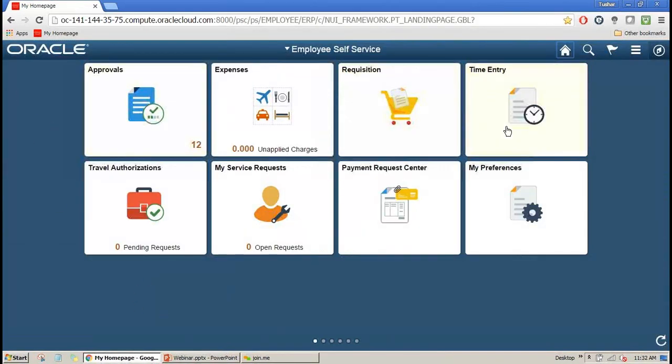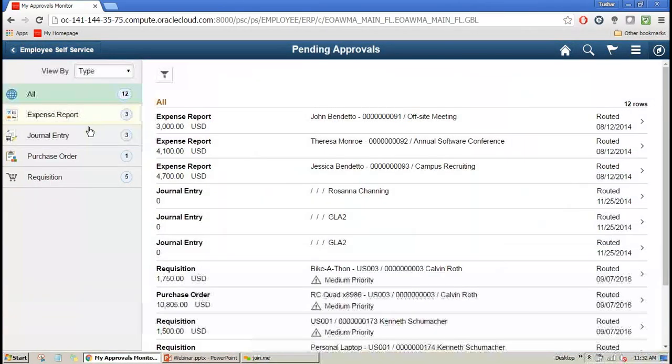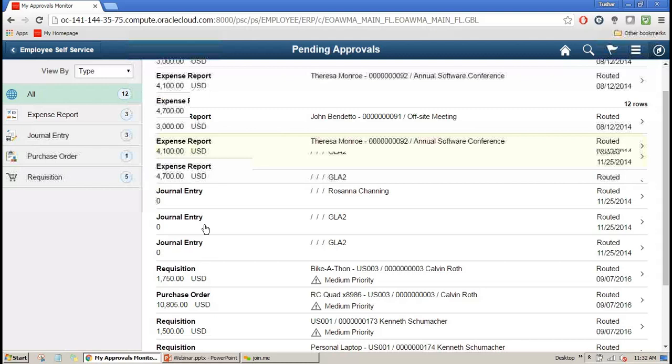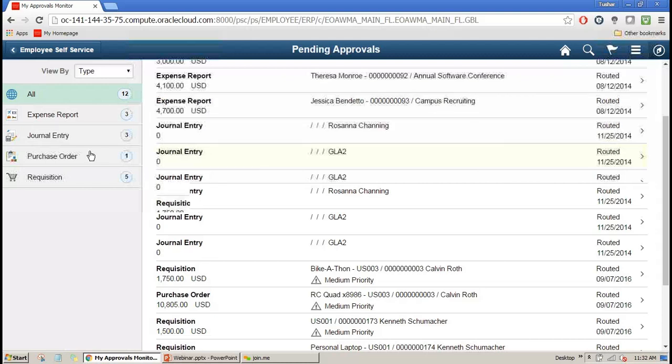So my manager also has their own tiles. They can see approvals, requisitions. So if I go to my approval tile, he can see on the left the facets. It shows him what are the pending approvals. There are approvals pending for expense reports, journal entry, purchase order, and requisitions. So I can filter by that, or I can see all the pending approvals right here. So for my requisitions,